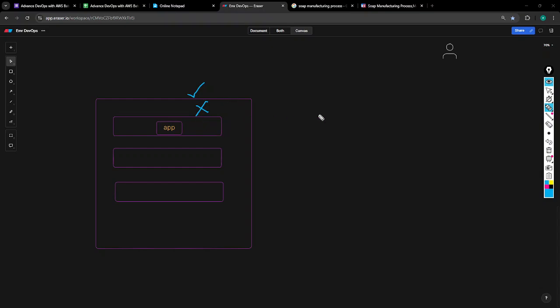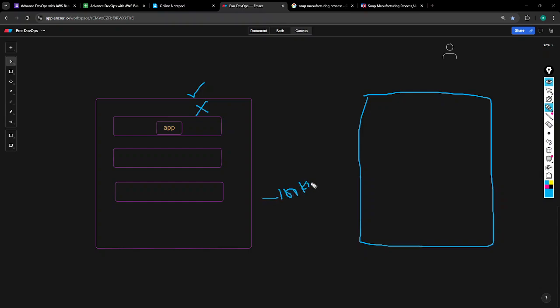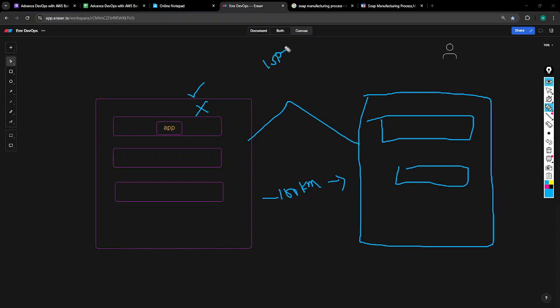Whenever some incident happens, you need to replicate the same data center, say 100 kilometers away. In between, for connectivity, you have to take an ISP connection. ISP means Vodafone, Airtel, Jio. You have to take a leased line connection, and with that you connect these 2 data centers.